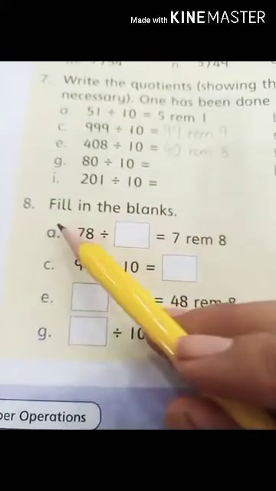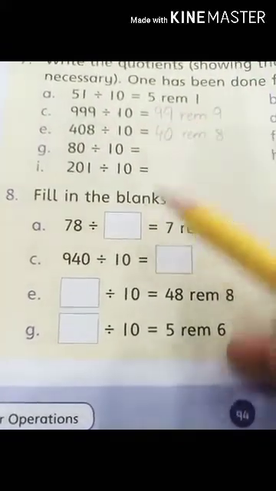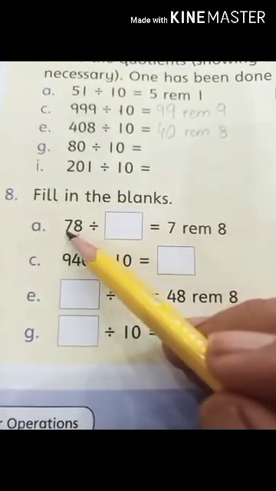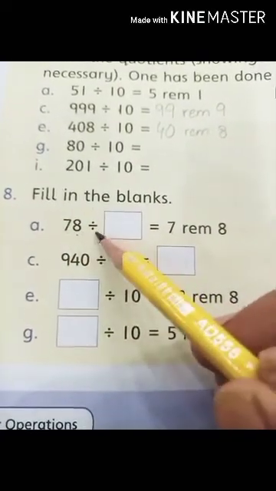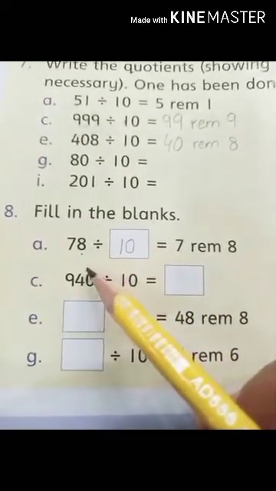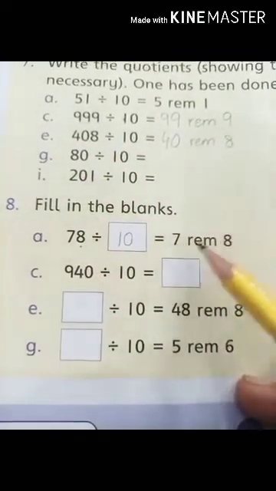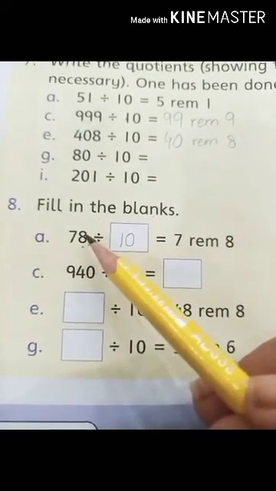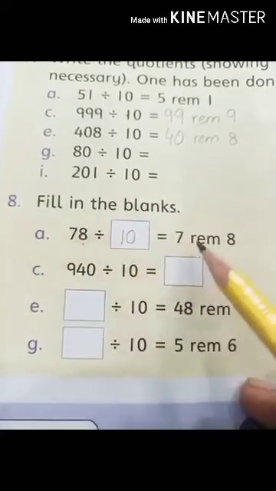Okay. Question 8, you are going to fill in the blanks. Look at this, students. These blanks will also be solved by the same logic. In the right corner, that is our remainder, and the remaining numbers are the quotient. It means that our dividend is divided by the number 10, because we have learned earlier that when the dividend is divided by 10, then the number at the quite right corner will be our remainder, and the remaining ones are our quotient.